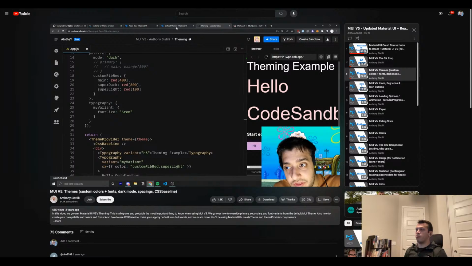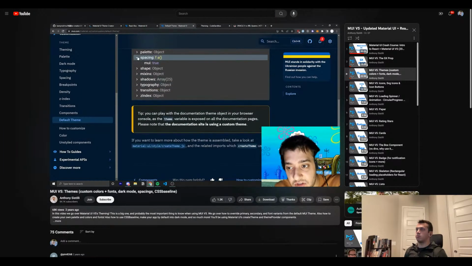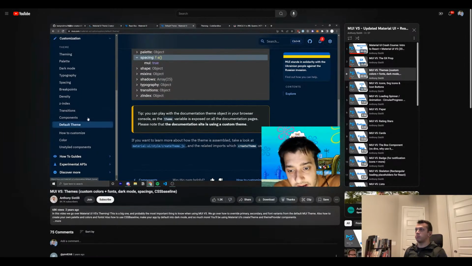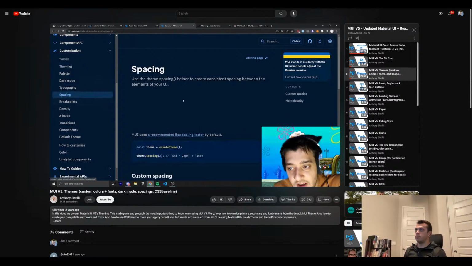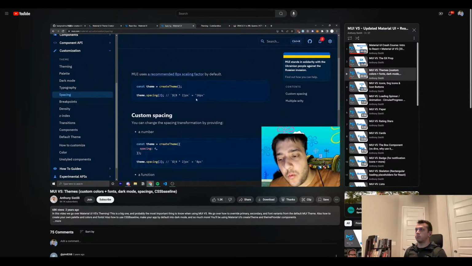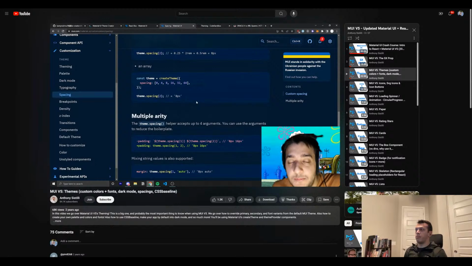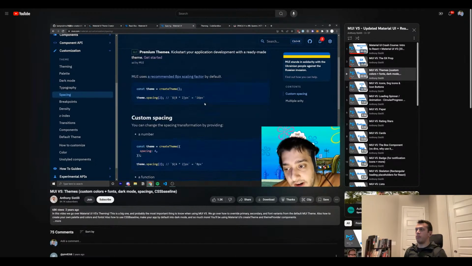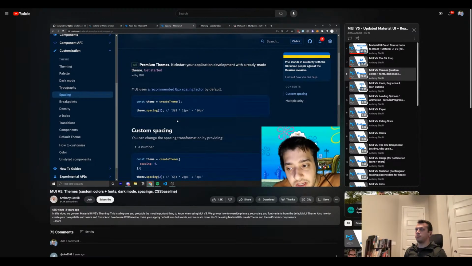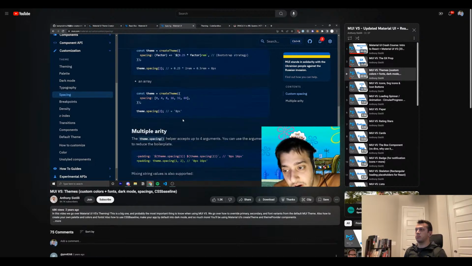Now, the other cool thing I want to talk about when it comes to themes is the actual spacings itself. So let's go back to the example they have over here for spacings. By default, they have a whole spacing system set up where, for example, whatever you pass in, usually I believe they multiply it by a factor of 8 or 4. So if I use theme spacing 2, it'll multiply by 4 and I'll get 8 pixels and stuff like that. And this is really useful to use instead of just manually typing in 8 pixels,